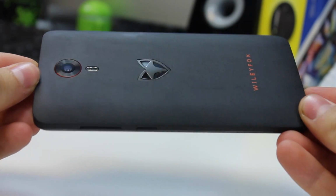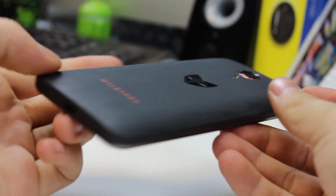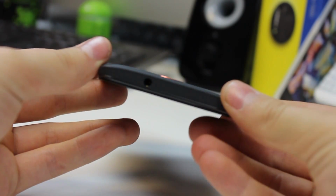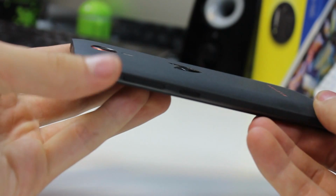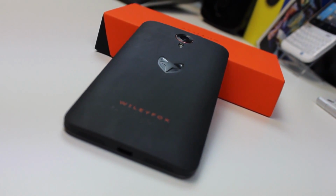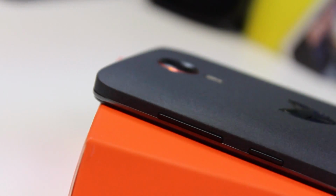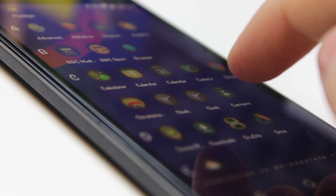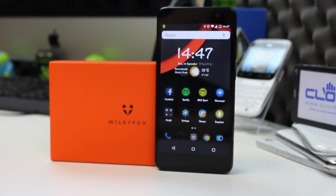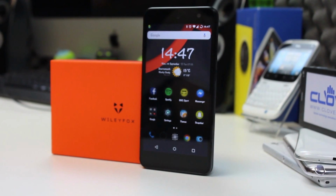Now, this isn't true CyanogenMod, for those that understand that, which means you don't have root super user access to the phone. However, this is Cyanogen OS, so it is a stable version of a CyanogenMod ROM, which gives you a lot more control over what you can do on your Android phone than many other versions of Android will allow. So you don't get that root super user access, and you can't do whatever you want with it. If you are to unlock the bootloader and start playing around with it, there is a warranty, and that warranty will be voided. So this isn't a complete developer phone, but you have got a lot more access